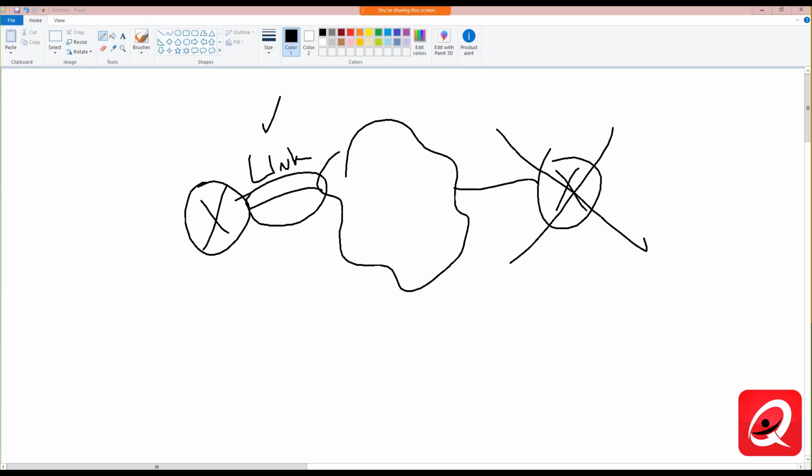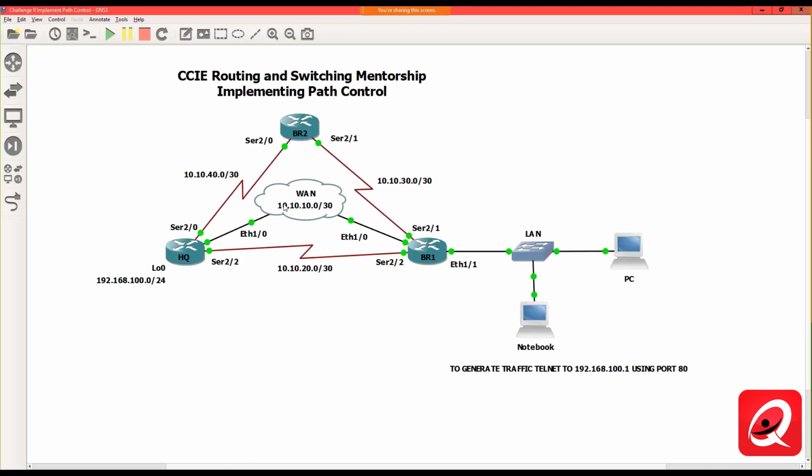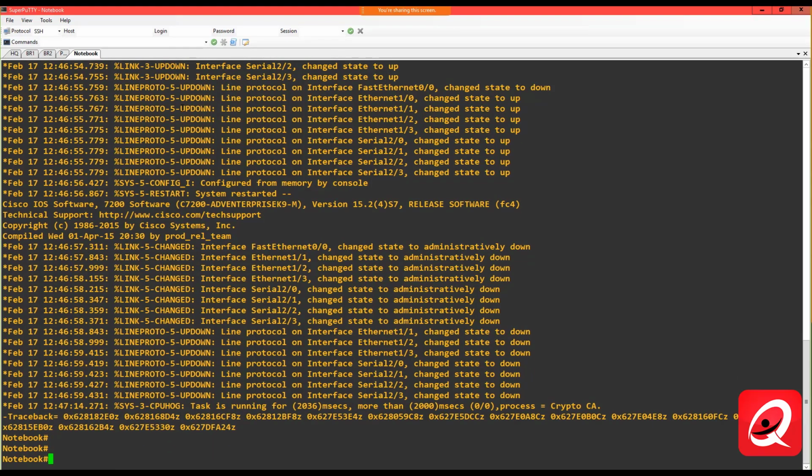It's going to totally depend on the encapsulation. What's the underlying layer 1 design? All right. In fact, if I go into a router here, if we look at our topology, we've got this WAN cloud in between, or even BR2 here in this case. If I go into BR1 and I do a show IP interface brief,